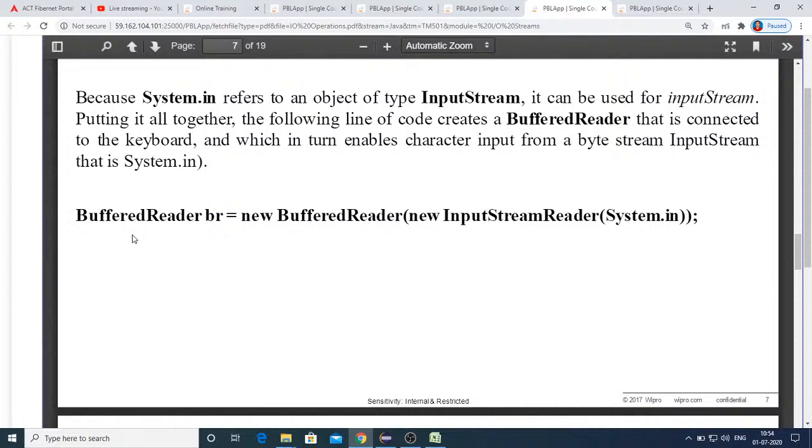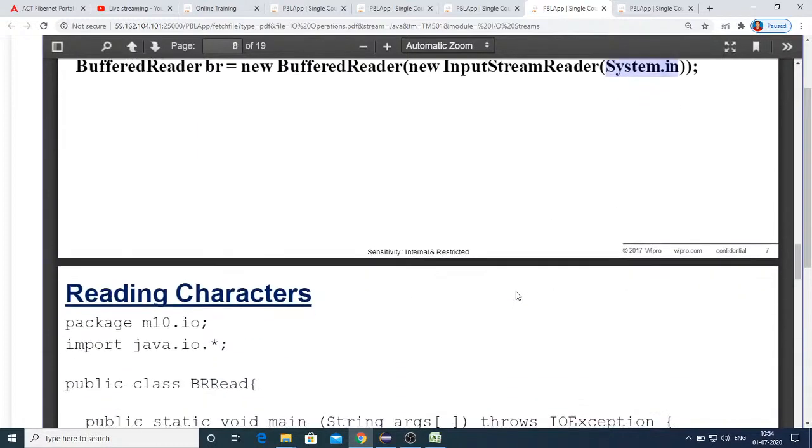for this. Just like for using Scanner you import the java.util package, similarly for using this you have to import the java.io package. So BufferedReader br, any variable you can give, but since it is buffered, b, reader, r are just taken as reference variables. You can take any variable, and this is how you will be doing it. System.in, by default this will be read from the keyboard. The standard input console is the keyboard.